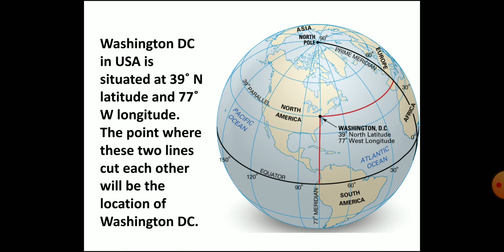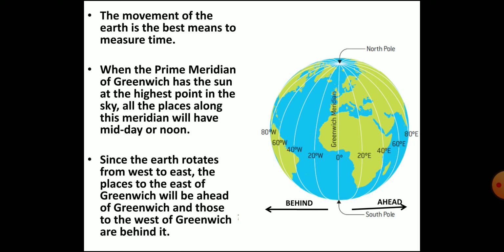Now let's understand the relation between longitude and time. Children, the sun is the best timekeeper. The local time of a place can be estimated or calculated by the shadow cast by the sun. The shadow of the sun is the shortest at noon and it is the longest at sunrise and sunset. It is called the local time or solar time.